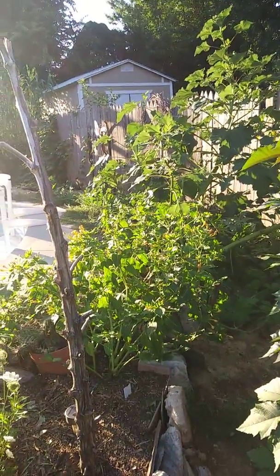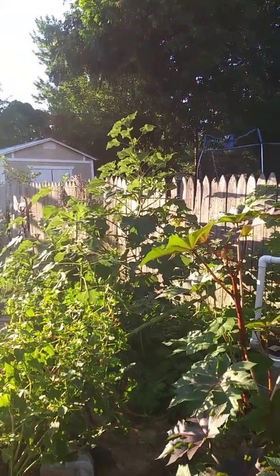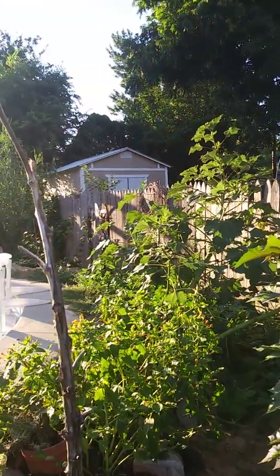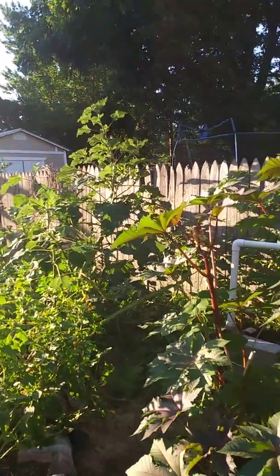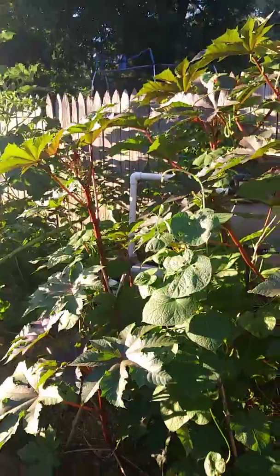Four o'clocks are blooming. The storm took down my sunflower. That's what's left. I had to cut the rest away because it wanted to lay in the pool. It does realize it's summertime. And then here is my